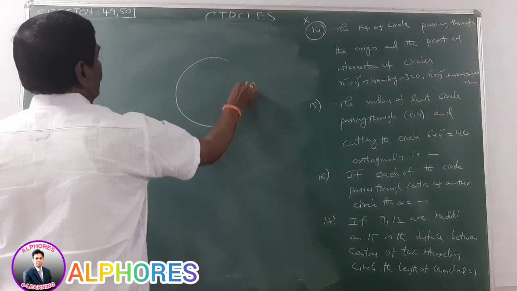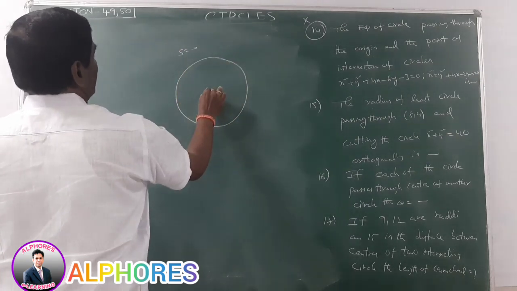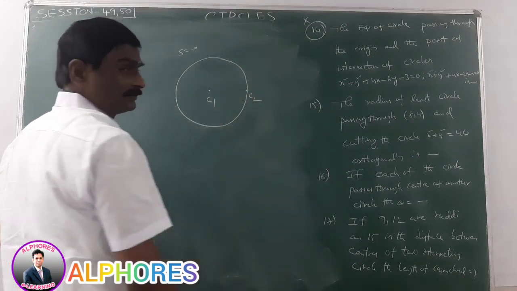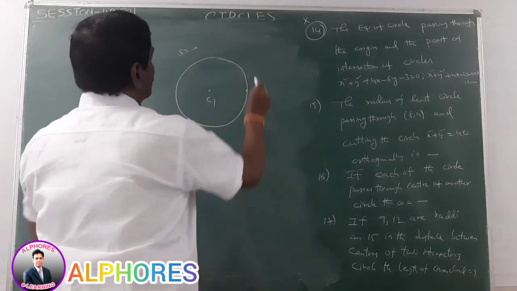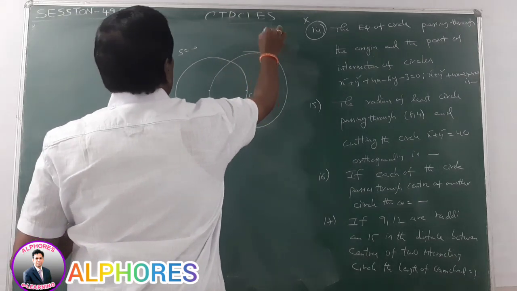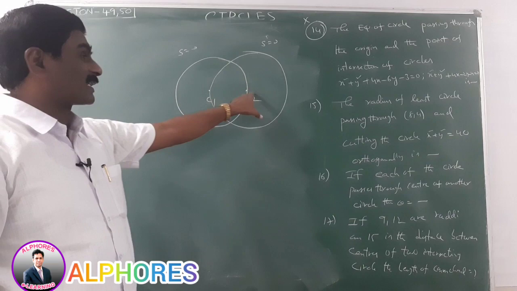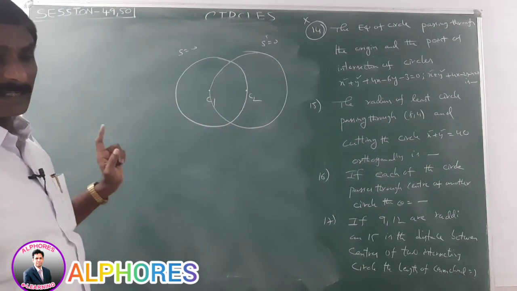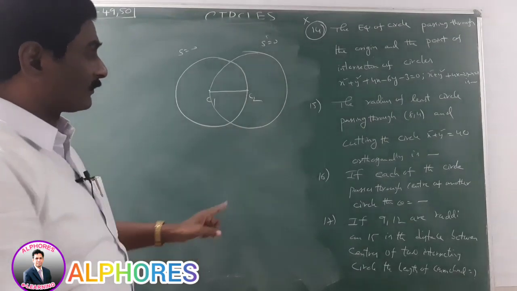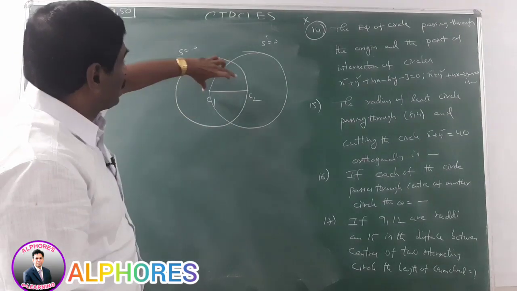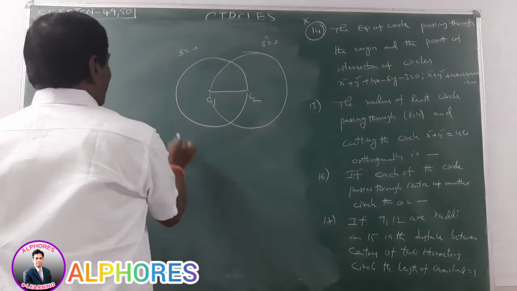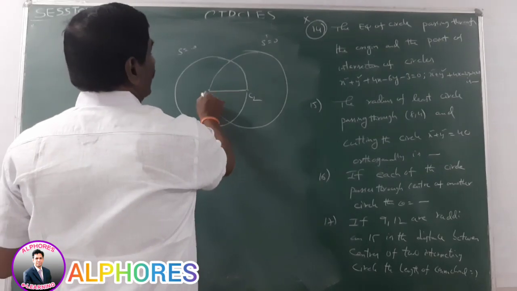Suppose this is one of the circles, the first circle S is equal to 0. Say this center is C1. This circle must pass through the center of the other circle, C2. The other circle must pass through the center of this circle, that means the circles are in this way. Please observe this: this is S is equal to 0, and this is S dash is equal to 0. Each circle passes through the center of the other. That means these two circles, this is possible when the radius of this circle is equal to the radius of this circle. Say the radius of the first circle is R. The radius of the second circle is automatically equal to R.